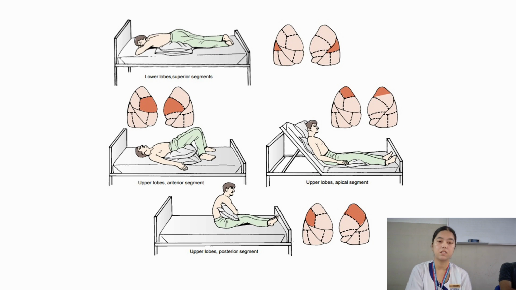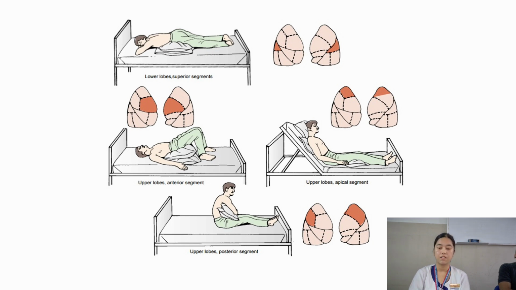In the first picture, the affected segment is the lower lobe superior segment, where the patient is placed in prone position with pillows underneath the abdomen. In the second picture, the affected segment is the upper lobe anterior segment, where the patient is kept in Trendelenburg position, whereas in the third picture, the patient is kept in high position for the apical segment of the upper lobe. In the last picture, the affected segment is the upper lobe posterior segment, and the patient is kept in sitting position